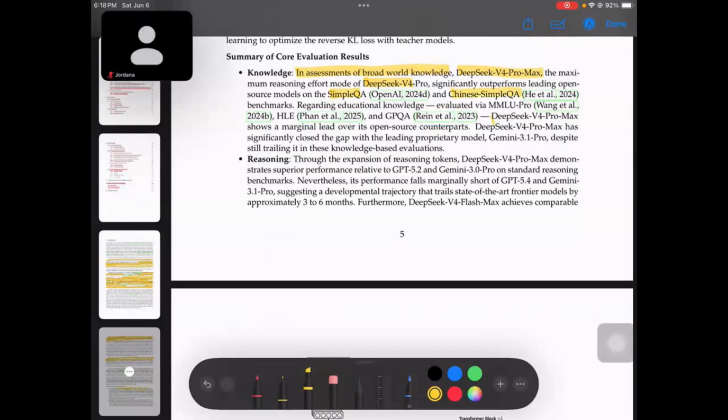And then regarding educational knowledge, evaluated via MMLU Pro, HLE, and GPQA, DeepSeek V4 Pro Max shows a marginal lead over its open source counterparts, and it significantly closed the gap with leading proprietary models like Gemini 3.1 Pro, despite still trailing in knowledge-based evaluations. And then for reasoning, through the expansion of reasoning tokens, DeepSeek V4 Pro Max demonstrates superior